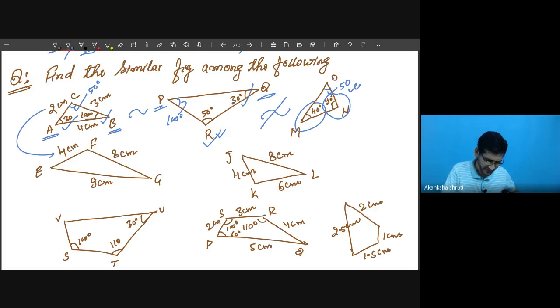3 means it is multiplied by 2. Multiplied by 2, that we shall search. No. If 3 is multiplied by 2, it should be 6. So 3 multiplied by 2 is equal to 6. 6 is missing in this. Neither the side EZ nor the side FZ is there. So we shall not consider this.